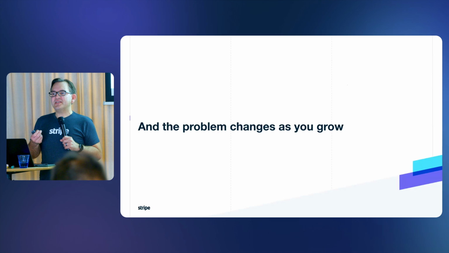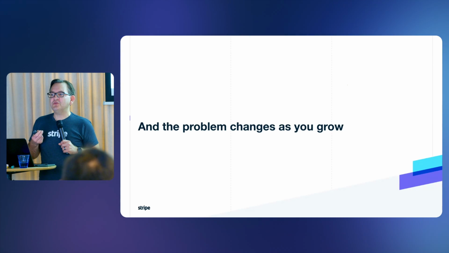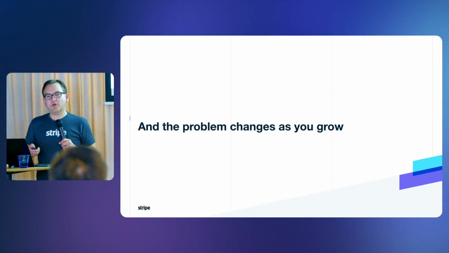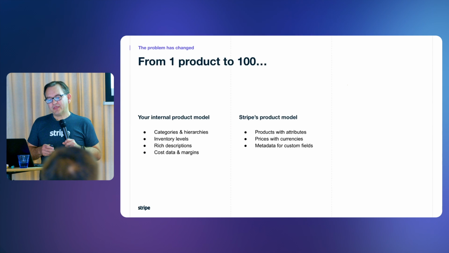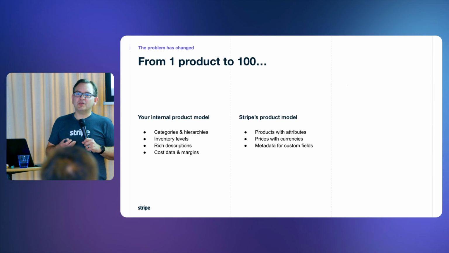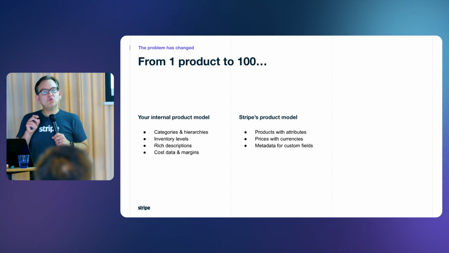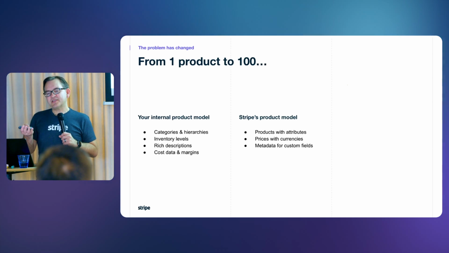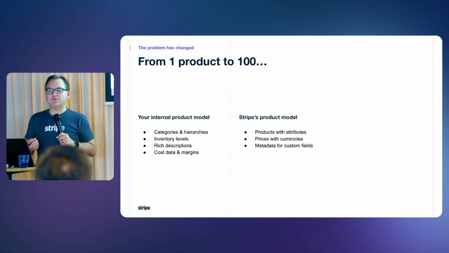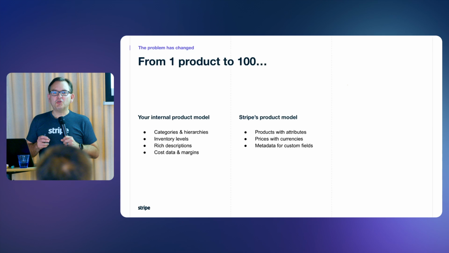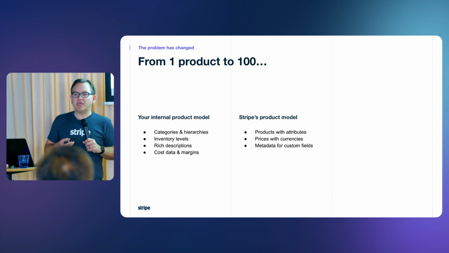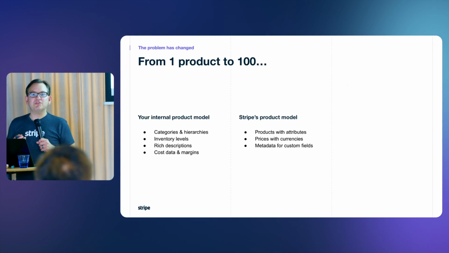The other thing that's really insidious about this problem is it tends to grow as you grow as a company. So if you think about when you're a small startup when you first begin, you might have one or a dozen products going in your 1 to 100 journey. Your product database typically consists of things like the categories and hierarchies of your products, inventory levels, perhaps pricing stored in there as well. You might have some rich descriptions. You might even include some binary data like images and that kind of thing,